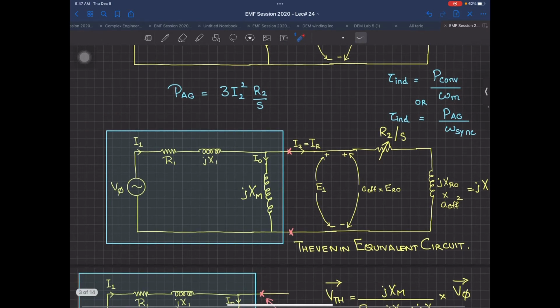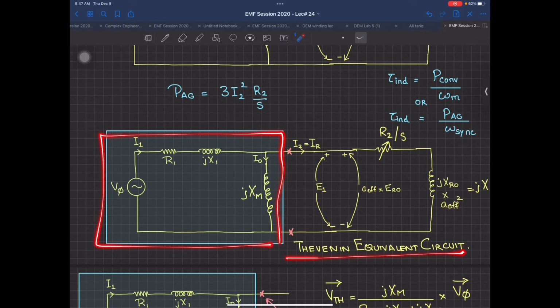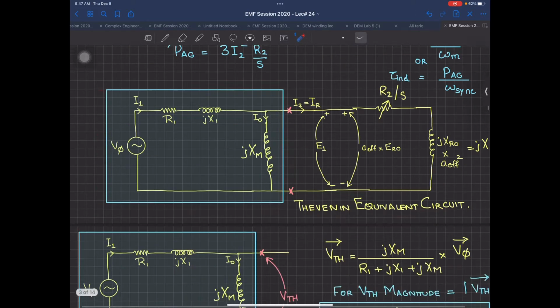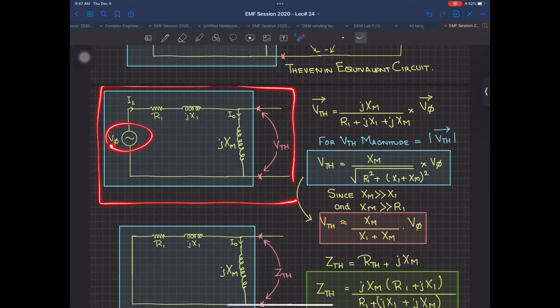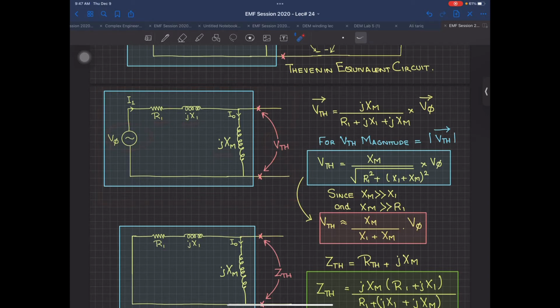For that purpose, this portion as shown over here, I am going to convert according to its Thevenin equivalent circuit. I don't need to repeat what you have done. I guess you are doing CAT 2, so you have an idea of the Thevenin equivalent circuit, but I have still shown the process. See how this is going to be done. I have taken this circuitry over here: the same V phase, R1, jX1, jXM, and the voltage across over here will be V Thevenin. You already remember it from your CAT 2. You will be applying this in your CAT 2 also. So this V Thevenin is the voltage.